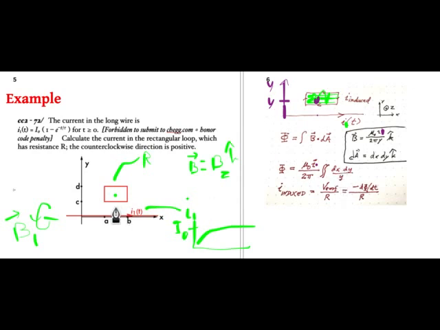Now here x goes from A to B, and y goes from C to D. So we have the integral from A to B dx, and the integral from C to D dy divided by y,